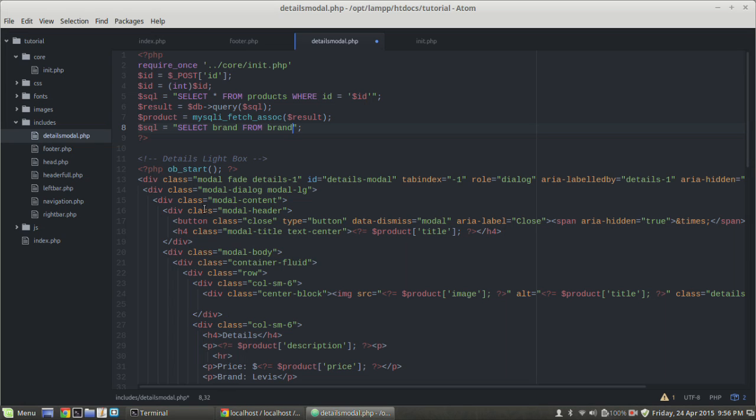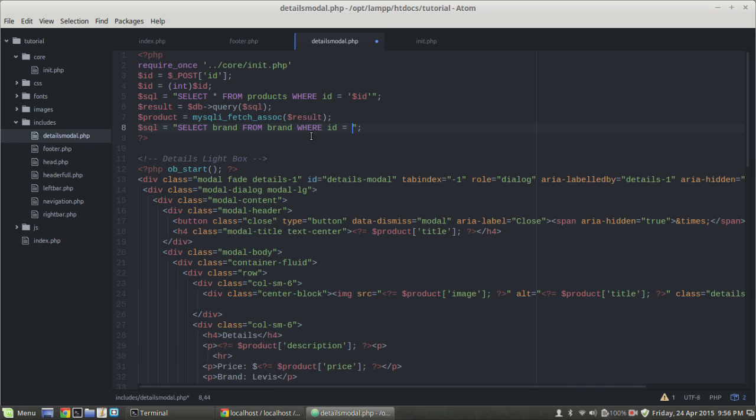Select brand. So this is actually a little confusing, but select brand, this is selecting the actual column labeled brand, or the field brand, from the table brand, and then we're going to pass it a condition where ID is